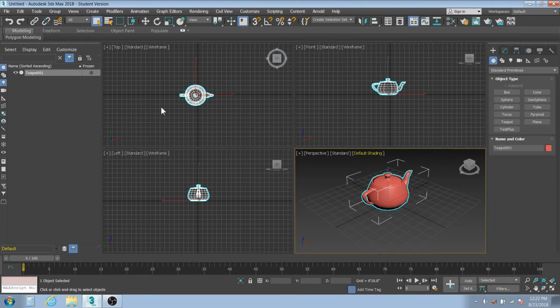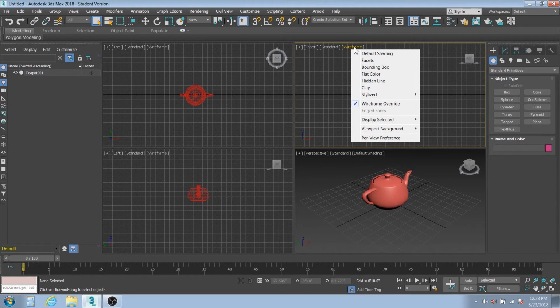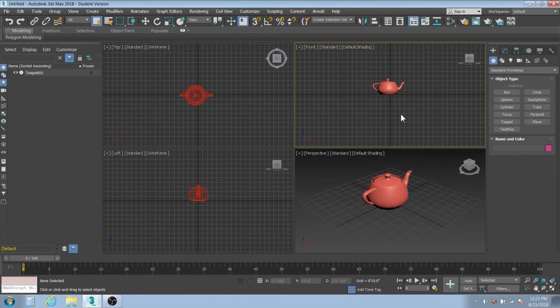Okay, changing these viewports. If you click in any of the viewports, you'll see it becomes active. Note the gold box around it. With the viewport selected, just go up to these drop-down menus, and you'll see where it says wireframe. If you hover your cursor over the word wireframe, it'll turn gold. You click on that, and you'll get a drop-down menu. Select the very first item in the drop-down menu, default shading, and you'll see that the wireframe has now become